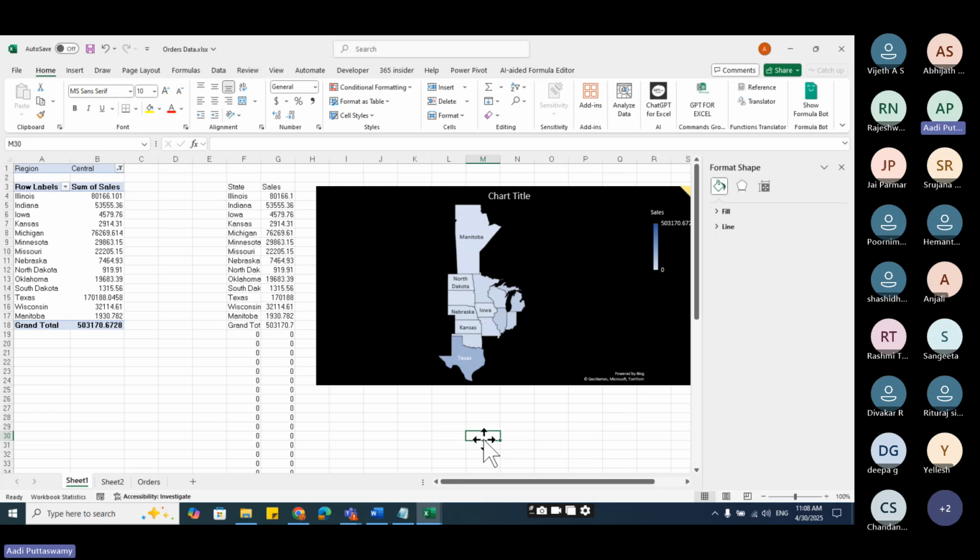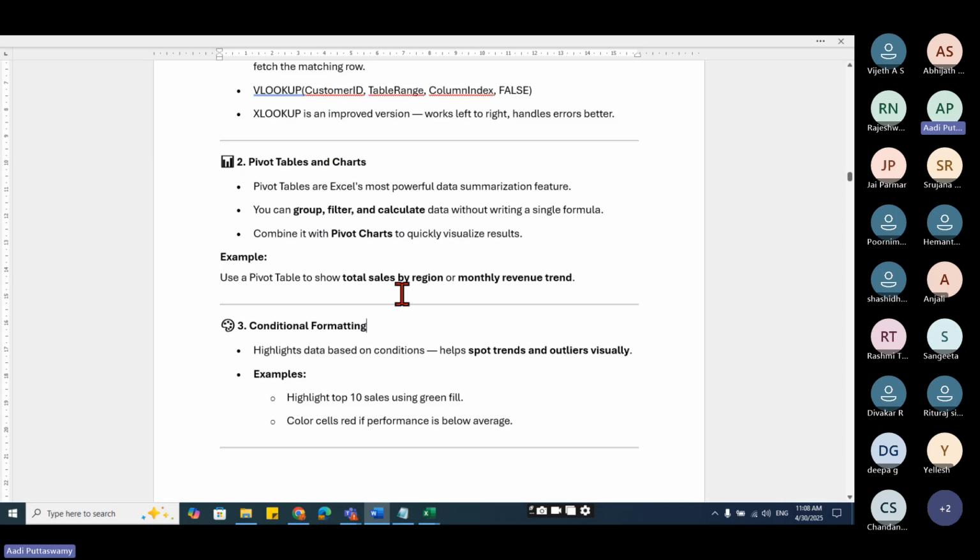I'll show you one dashboard, quickly how we can actually create the dashboard also. I'll be showing you that, we'll do it after some time. We'll try to understand a few more things. Right. Let's go to the next one. So this is about the pivot tables and we can create the charts. Again, I'll come back to pivot table. Don't worry. I'll show you the entire report within a few minutes how we can create.